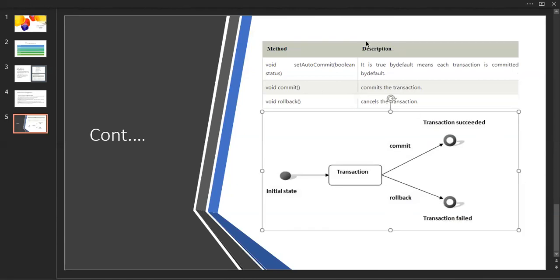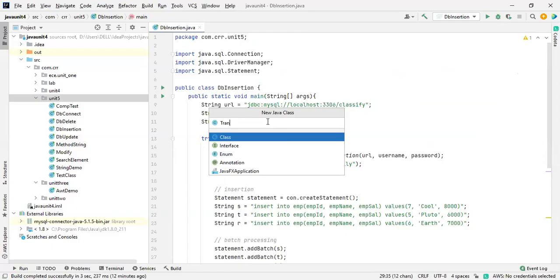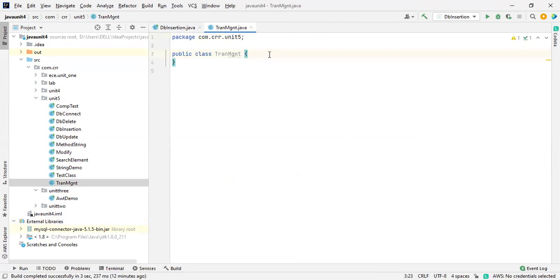So we are going to check an example for this. I will create a new one, like TransactionMGMT. Public static void main.